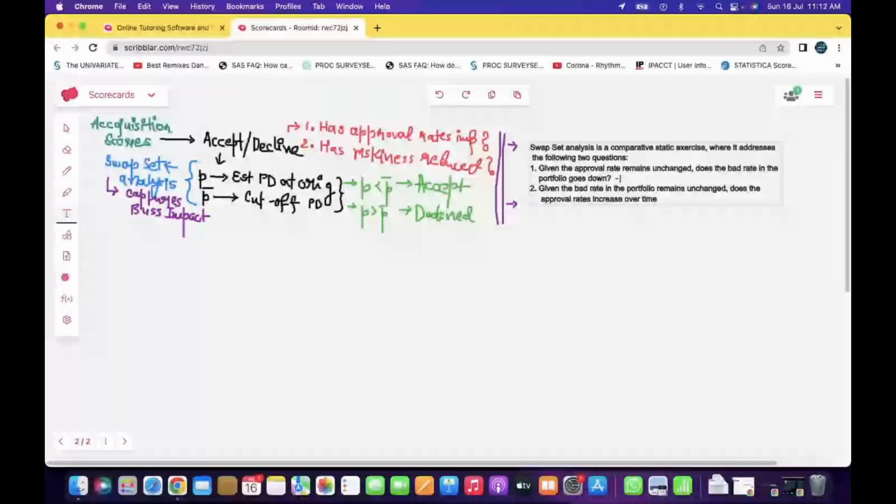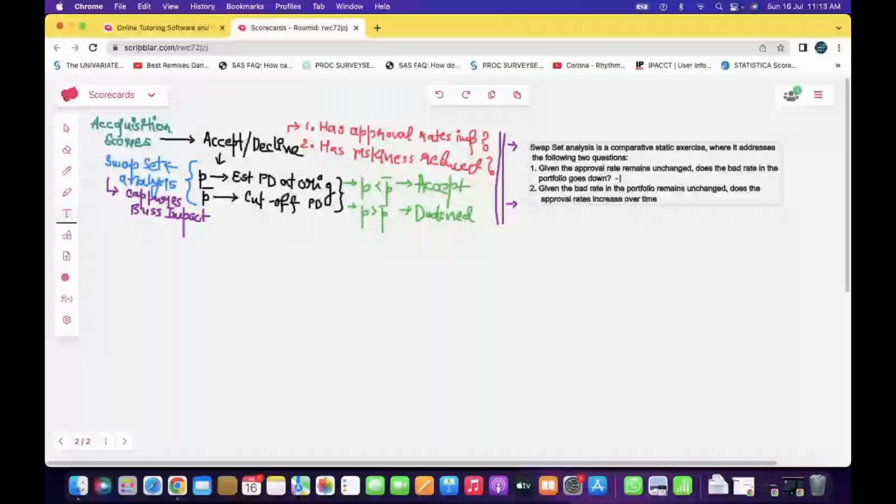The first step is to score the accounts and check whether the acquisition model, the business impact that it is giving, is closely replicating the business impact which was there when the model was developed, right? So that should be the first stage in building. Even if you're trying to build a strategy model, this is the first stage that you need to look at. So given the approval rate remains unchanged, if the bad rate in the portfolio goes down, this